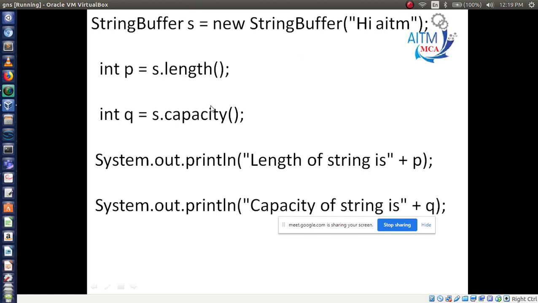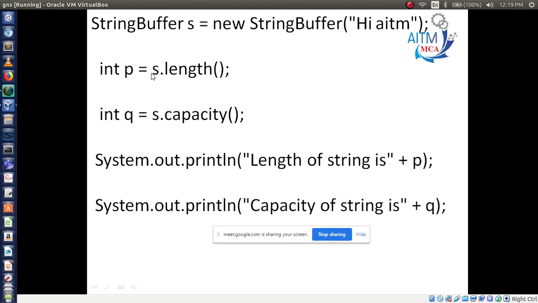Now you are applying two methods, one is the length method, another one is the capacity method. These are all integer results, so we have to declare variables, int p and int q. p holds the result of length and q holds the result of capacity. Now I am printing the length of this string with the p variable and the capacity of the string with the q variable. Now p will give the length, how many characters I am using here, the total number of characters in "Hi AITM".